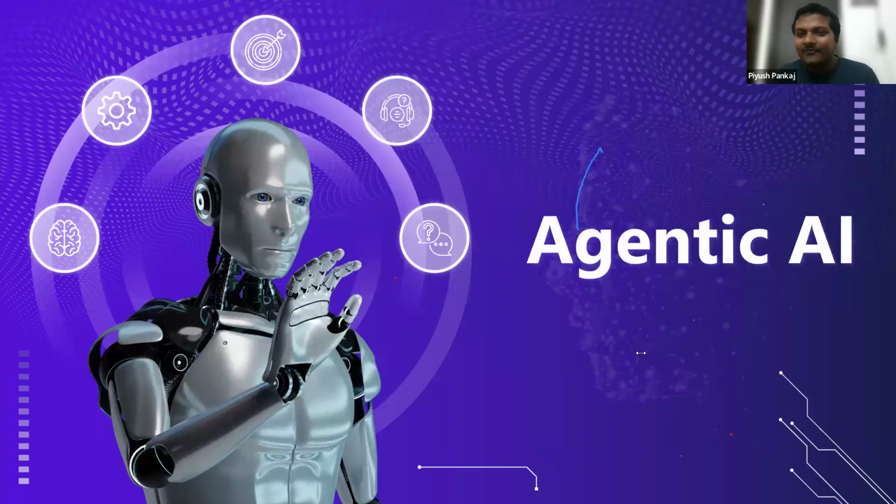All right. Now we are going to start with Agentic AI. Till 2024, people were only talking about generative AI, like ChatGPT, Gemini, Bard, Copilot. All these things we are getting used to, and still it is getting used. Then in December 2024, a new concept came into the field of AI. That was agentic AI.